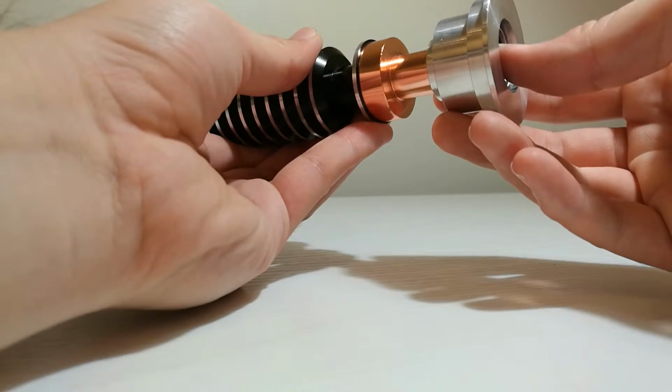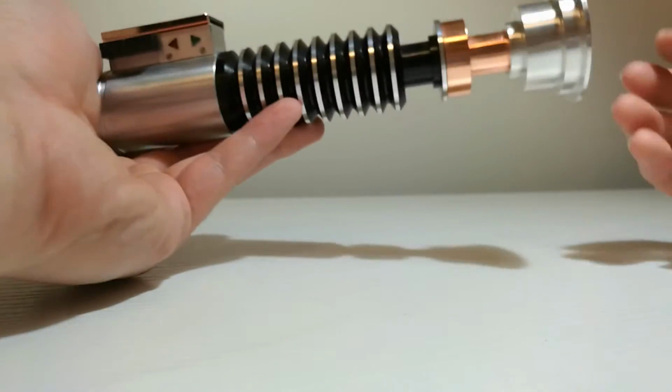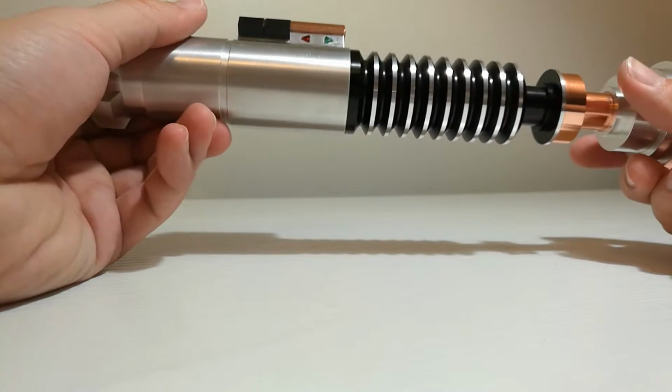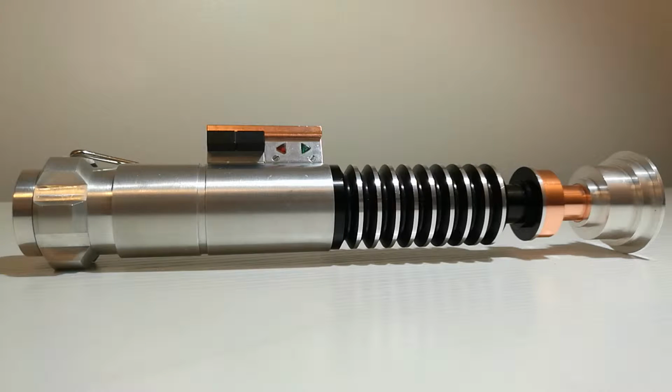Or unscrew the grenade section. Turn the wire counterclockwise a few times before screwing it back on. That should counter the loosening of the emitter. That's about it for the saber. Let's show you how to